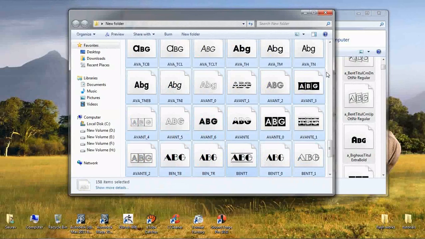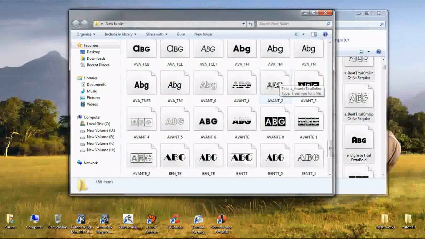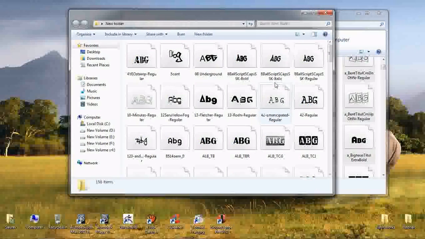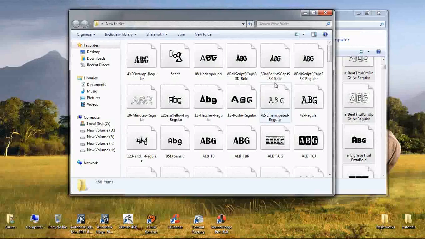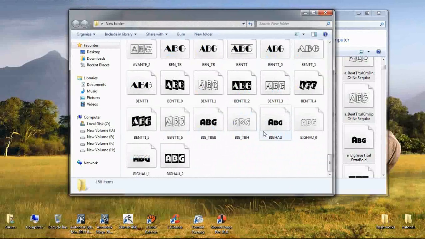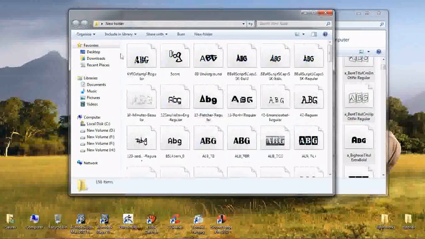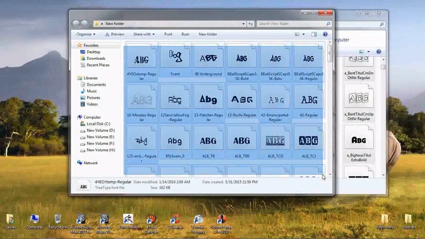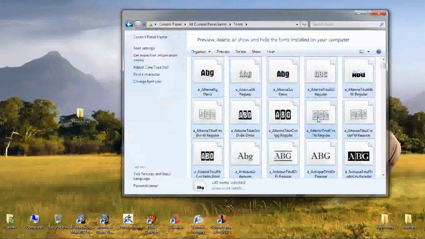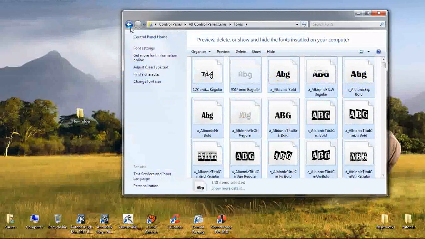Whenever your Windows or files or system is corrupted, just install Windows and there is no need to install all these fonts again. Just copy them from here and paste them in your Control Panel the way I showed you.